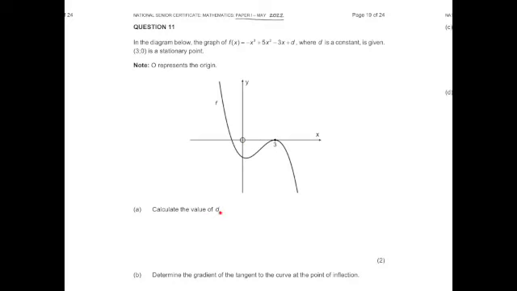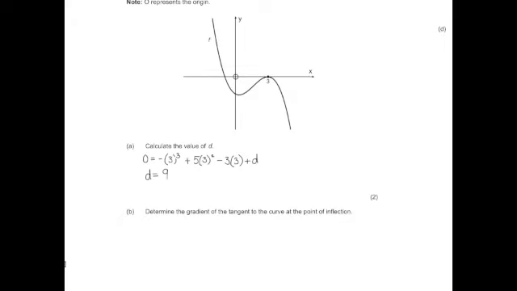So when they ask us to calculate the value of d, it's really quite simple. They're just asking us to substitute the value of (3, 0) into the equation. And once we've substituted the value in, we can then rearrange the equation and we find that d is equal to 9. So the next part says, determine the gradient of the tangent to the curve at the point of